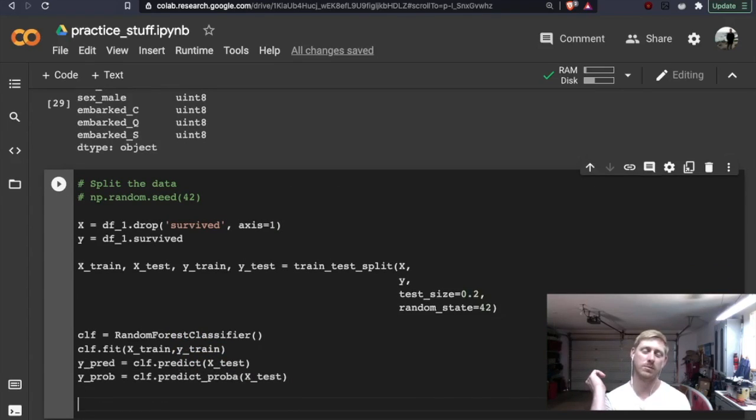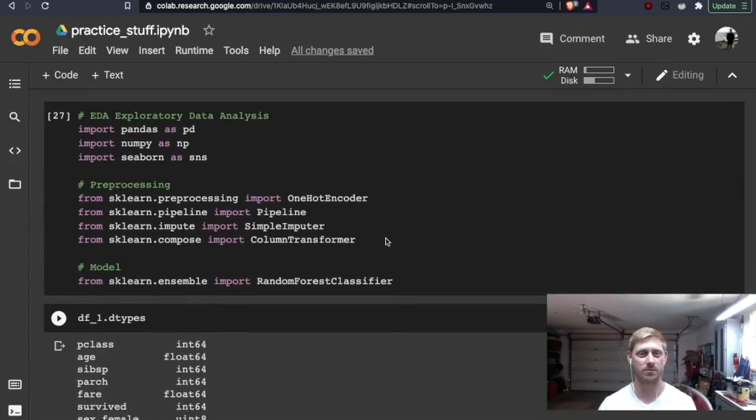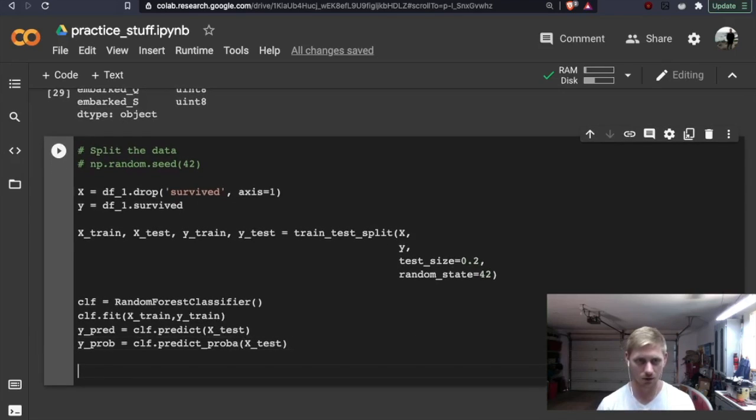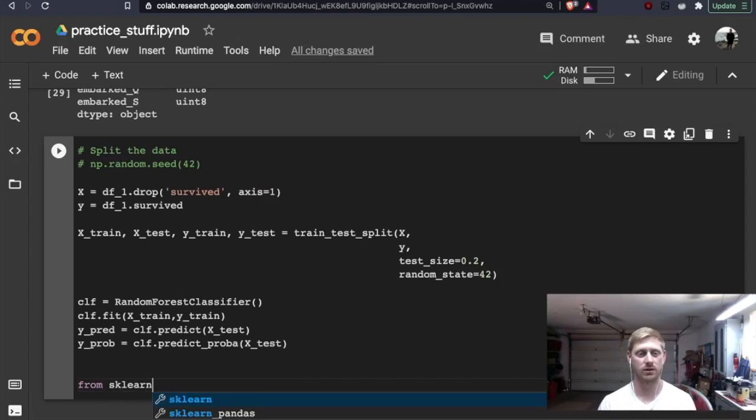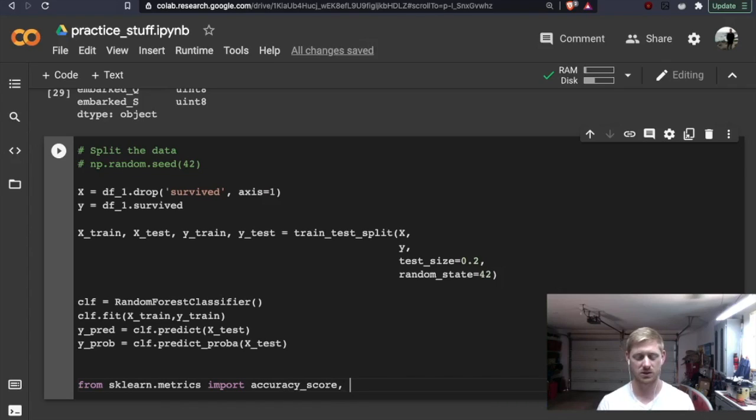Oh, we didn't import our metrics. Okay, so for good luck, let's go ahead and import our metrics. From scikit-learn.metrics, import accuracy score. What was the other one?